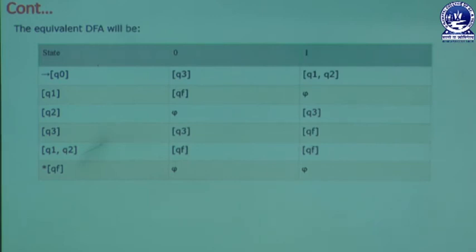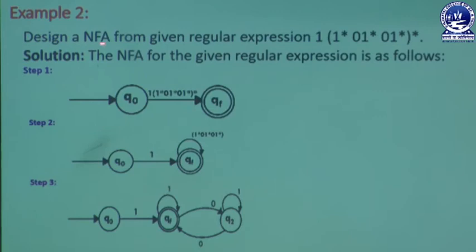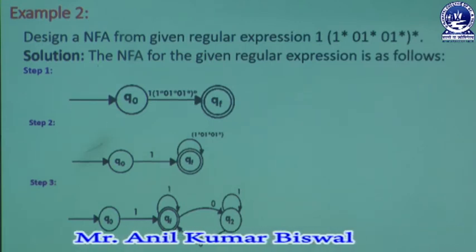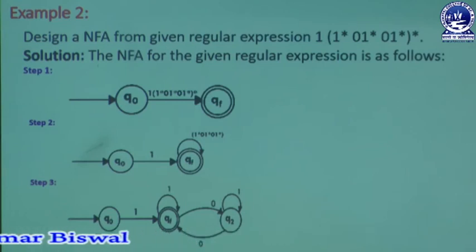So in the next example we are going to discuss here, design an NFA from the given regular expression, just we are getting 1 and 1 star, 0 1 star, 0 1 star, then whole star. So this regular expression needs to be converted in the form of NFA, then we will convert it in the form of DFA. First of all, in the concept of NFA conversion, this regular expression needs to follow the first step, it is normal, we take only a normal state like Q0 and Qa. Whenever Q0 takes an input symbol like this regular expression directly, then it gets a state like Qf, the final state.